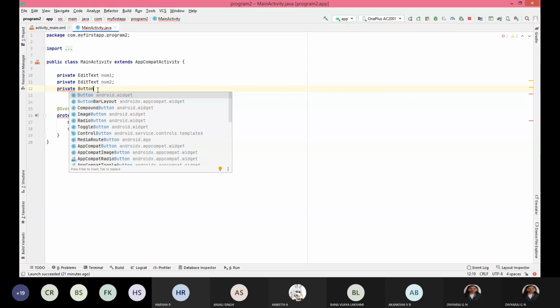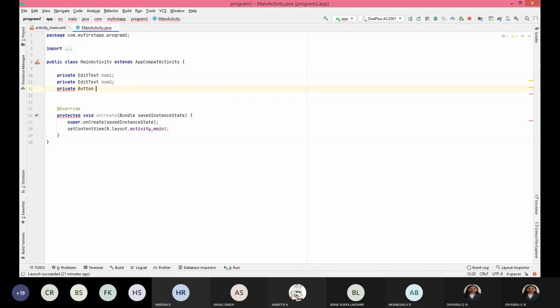So button. We have four buttons, right? See here, it is showing. So click on Android widget button, alt enter. Yes, I want this, alt enter. So that all the packages related to this will be imported. Okay, here, there are four buttons. Here I'll give